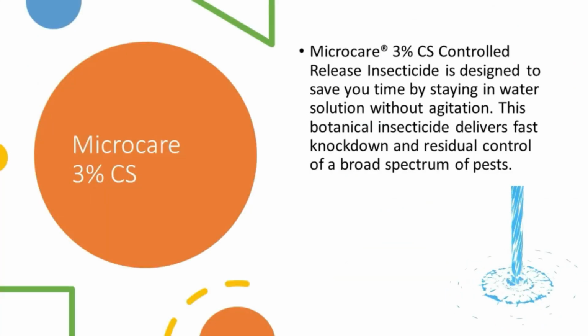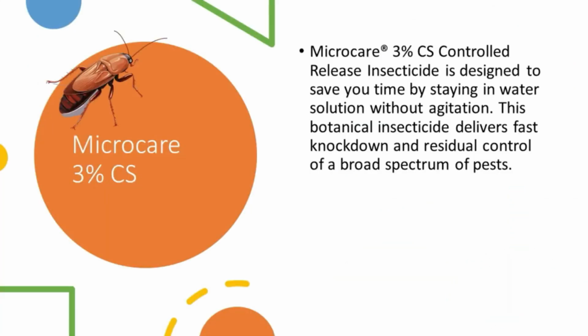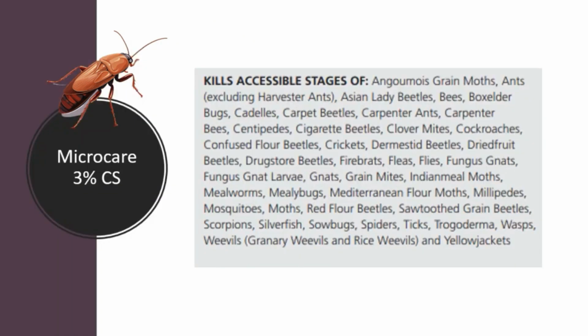Microcare 3% CS. Microcare 3% CS controlled-release insecticide is designed to save you time by staying in water solution without agitation. This botanical insecticide delivers fast knockdown and residual control of a broad spectrum of pests. Microcare 3% CS kills accessible stages of Angoumois grain moths, ants, excluding harvester ants, Asian lady beetles, bees, box elder